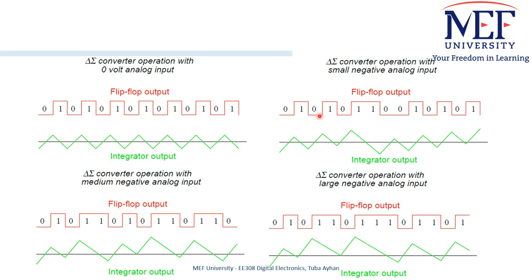So if we want to use this structure, we also need a parallel binary number output. Then parallel binary output can be obtained from this circuitry by averaging